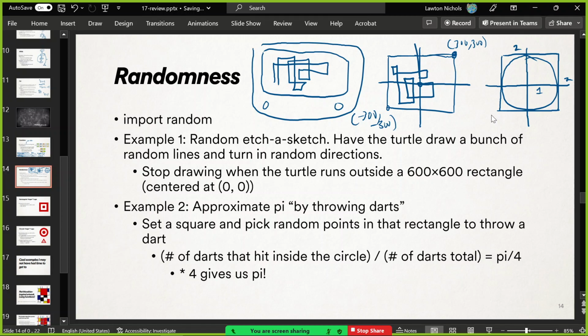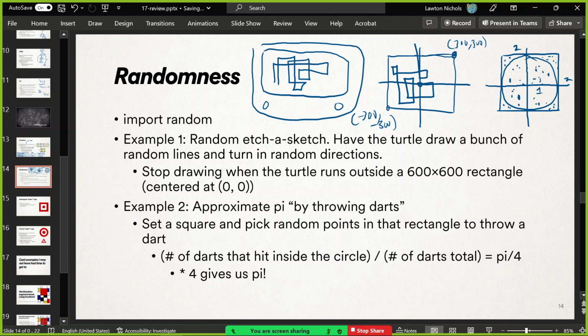And the trick to approximating pi is, if you threw darts at this square, and you were blindfolded and it was perfectly random, you would sometimes hit the dartboard, the circle, or you'd sometimes hit the edges where the circle isn't. You have those options, right? And because it's random, because you're throwing random darts, sometimes you'll hit it, sometimes you won't. But on average, after you throw a million darts, you're going to have a lot of them in the circle and just a few of them outside, right?